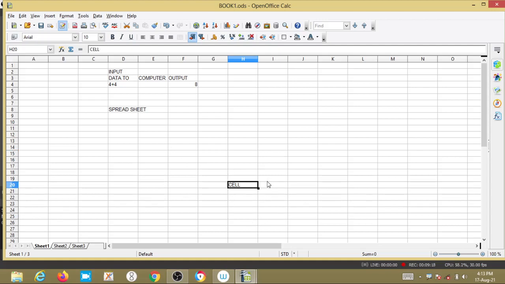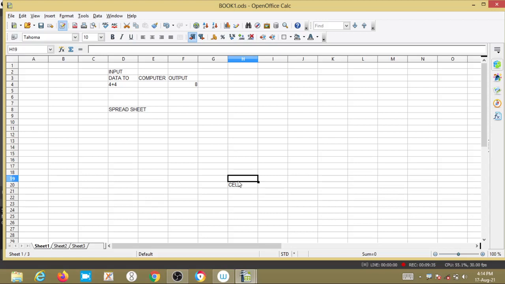Each cell contains an alphanumerical value. We can use alphabets or we can use what? Numbers.